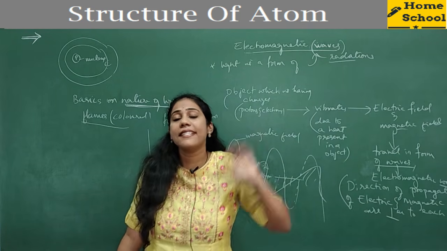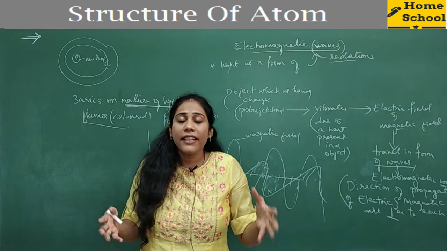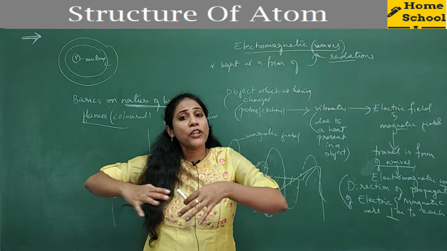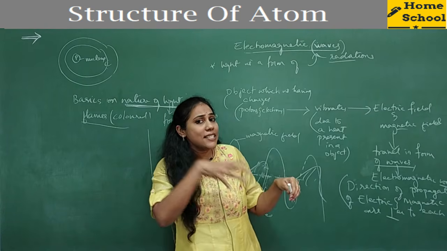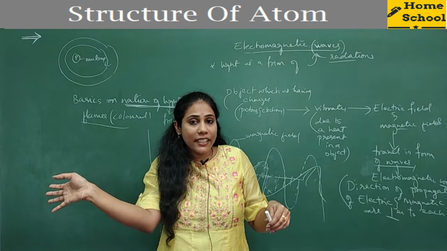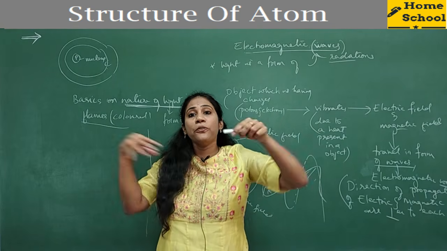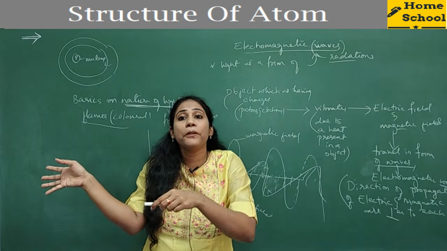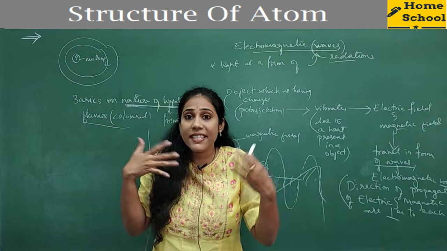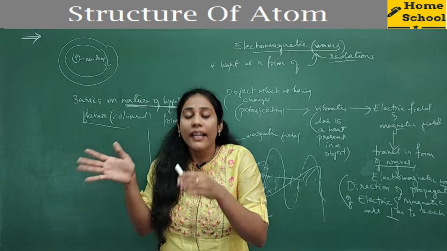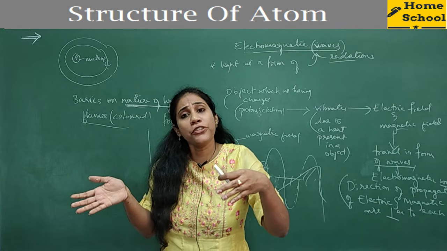Say for example, you take the sun. The sun has lots of heat energy, right? So it depends on how much heat energy the object has. Depending on the heat energy the object has, different types of electromagnetic radiations are produced. Since the sun has lots of heat energy, the sun can produce a type of radiation called visible light. That means the light that we are seeing is called visible light. And this is an electromagnetic wave. This is an electromagnetic radiation produced.